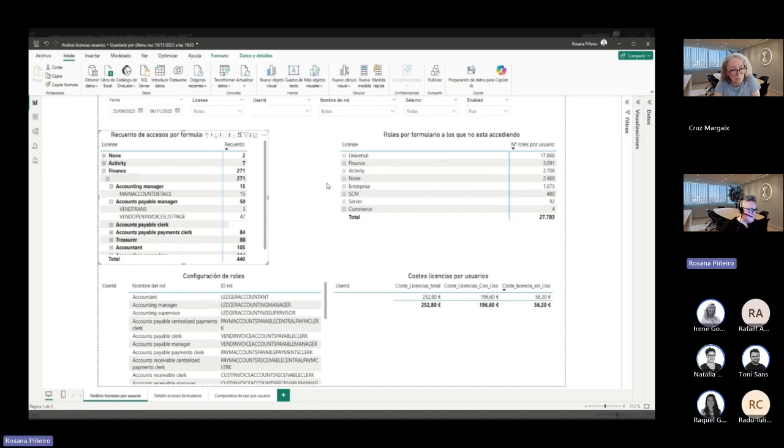Also down below, we can see all the roles the user has assigned. So it is these roles that trigger what kind of licenses are required. And for the cost area in the following tab, we do have the breakdown of the pricing due to the usage of the forms that are being accessed by the user. So here we'll be reflecting if we're using a base, an activity or a team member. Okay, so if we go down to the next tab, which is the access detail forms.